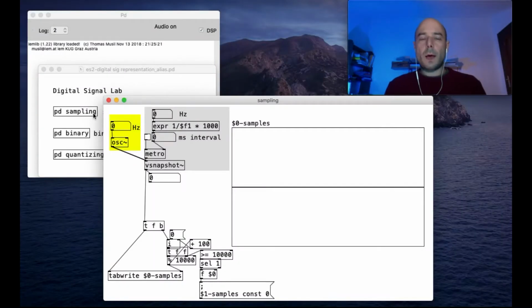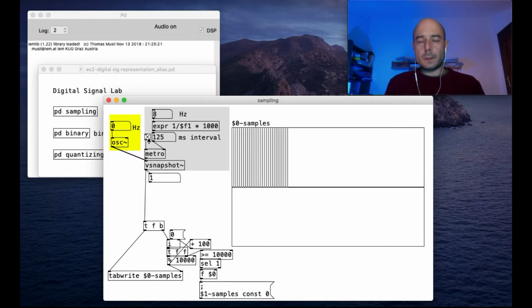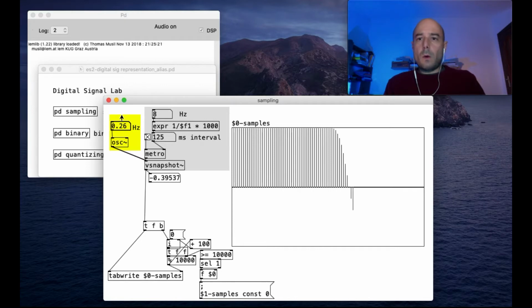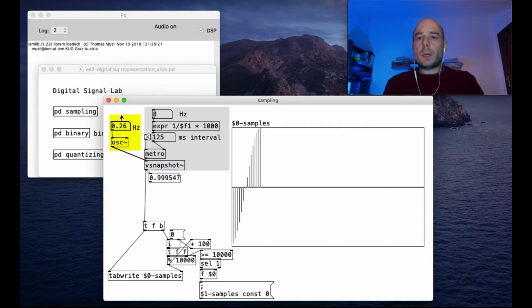In this window, I can synthesize a sine wave in the yellow panel and simulate a sampling process in the gray panel by the use of a snapshot. Let's start with an 8 Hz sampling frequency and let's start generating our sequence. When the signal frequency is lower than half of the sampling frequency, the resulting sequence can recreate the original